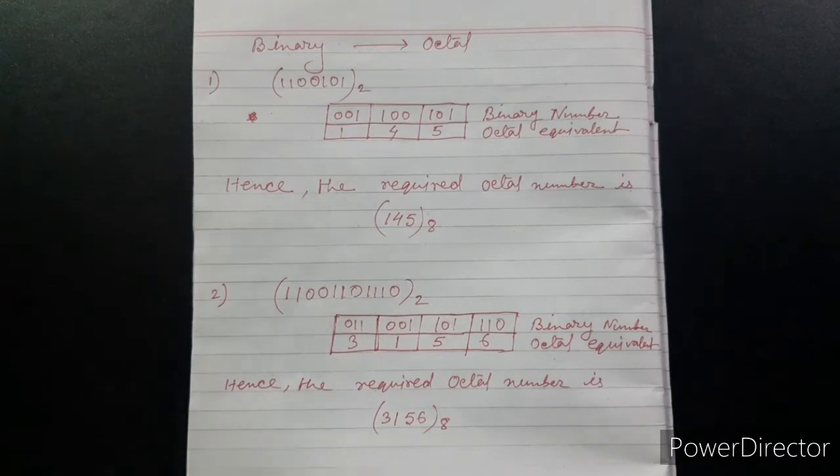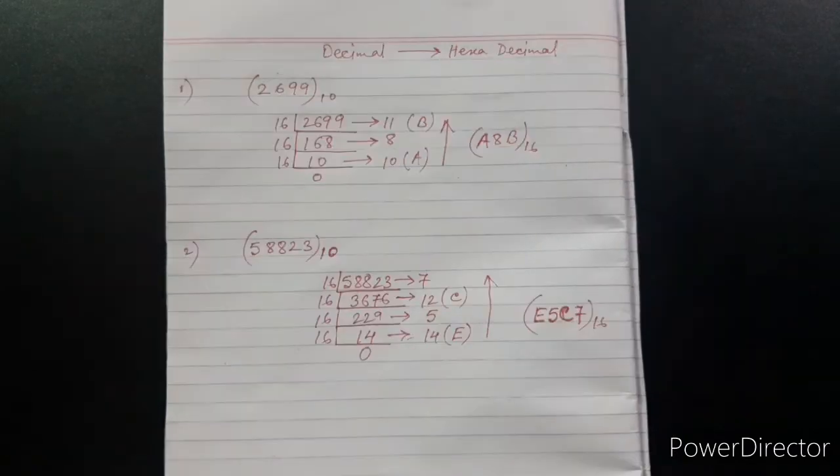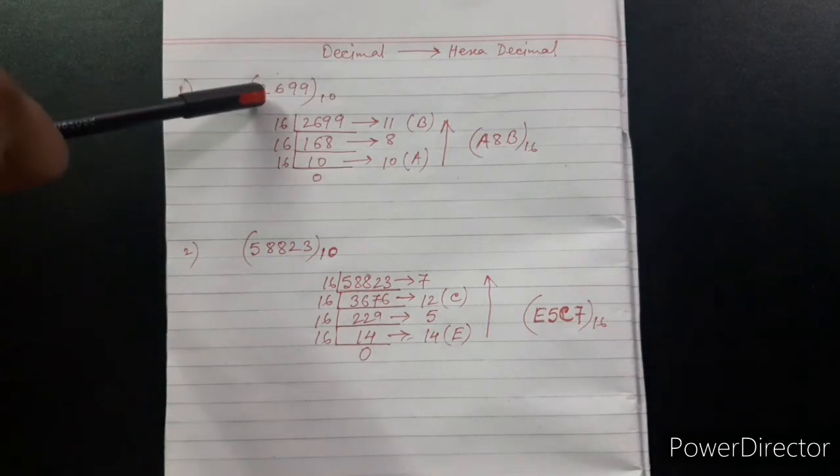Now the next conversion. Let's start the decimal to hexadecimal conversion. The first decimal number is